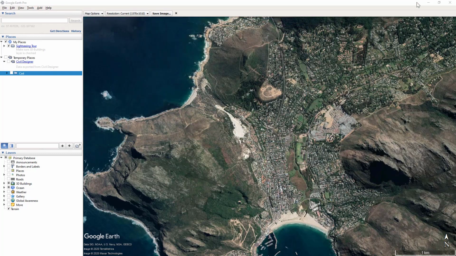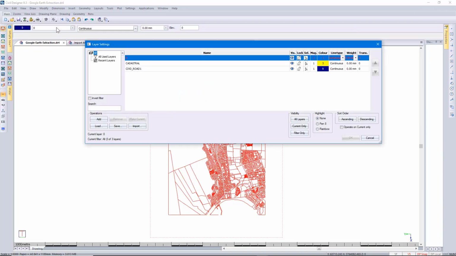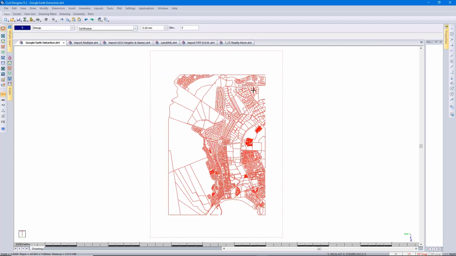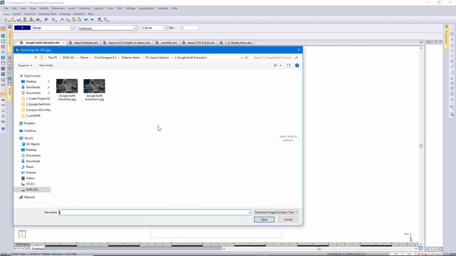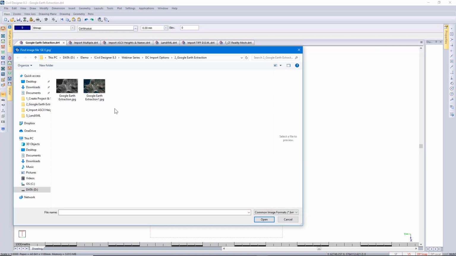Going back to Civil Designer, it may be a good idea to go to your CAD layers and go and create a CAD layer here for your bitmap. Make it your current layer, and then go to Insert on top and select Image. And this is how you would load all types of bitmaps. You can see there's a huge amount of formats to select from. Selecting my image,